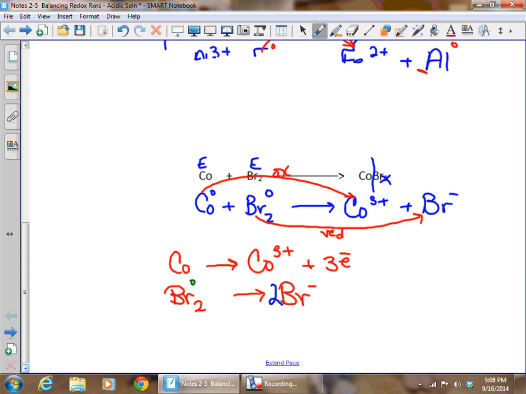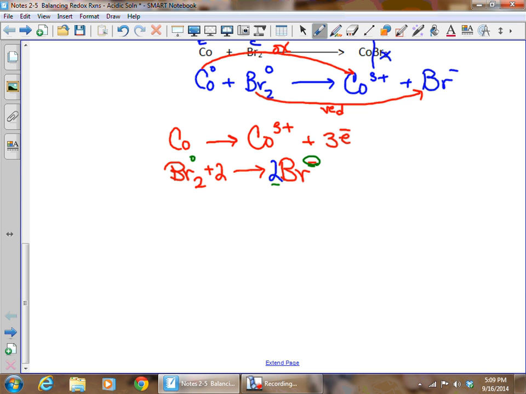But think about it, even though we've got 2 bromines here, they're both 0, so we've got an overall 0 charge here, or oxidation value here. Over here we've got two -1 charges. So we end up here with a -2 overall charge. So it looks like we've got a 2 electron change, so we need to show that. Remember, I don't want to see the green in the final reaction. So once we do that,